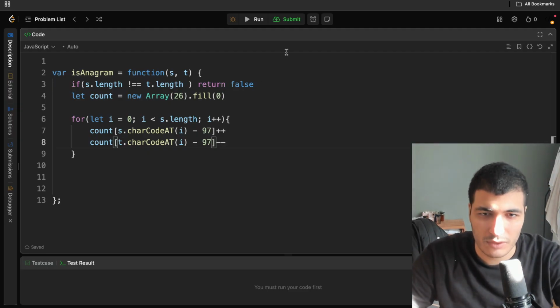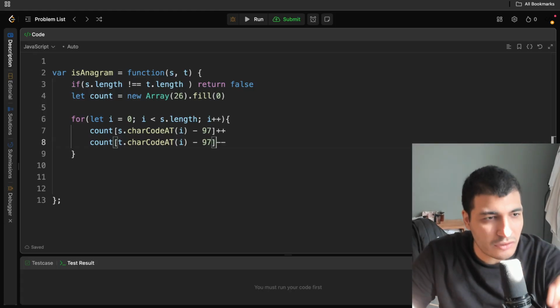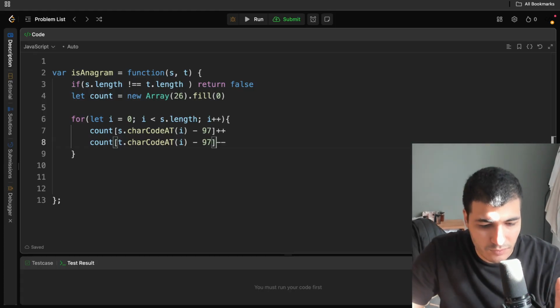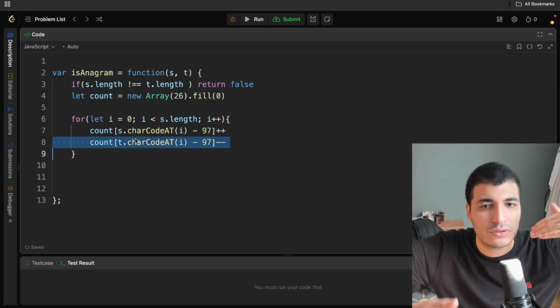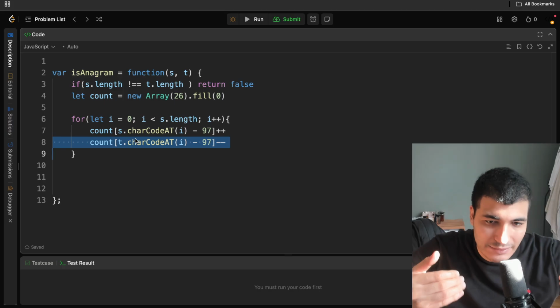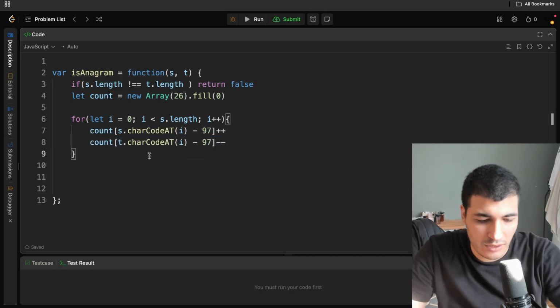Okay, it's going well. So again, we count how many times each character appears in S. After that, the second line, we decrease the count for each character in T. And the fourth will be the final one. Here we return